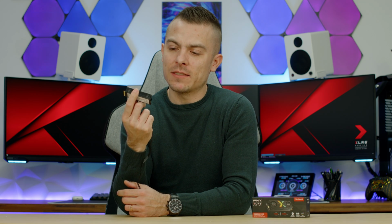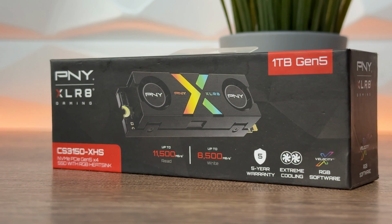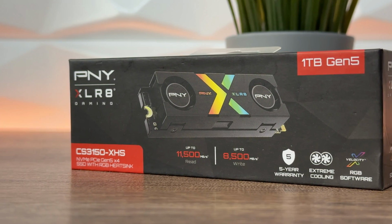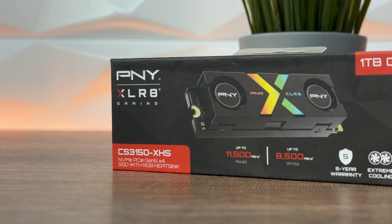But what got me worried, and it really did get me worried, when I saw the fans on it, I thought, oh wow, this is going to be either too loud, or if there's no possibility to adjust the RPMs of the fans, this is going to be a flop. What happened is I tried to search on their website for the software and I didn't find anything. Then I tried to use Velocity X, but somehow it downloaded the wrong Velocity X, an older version, and I